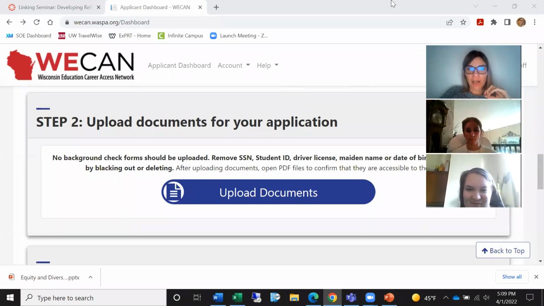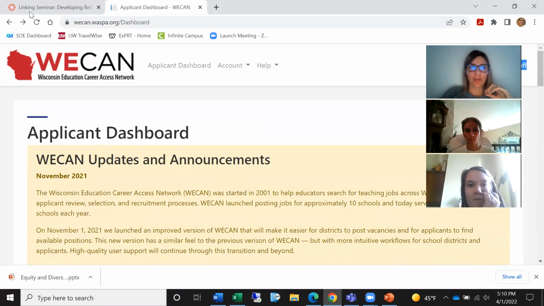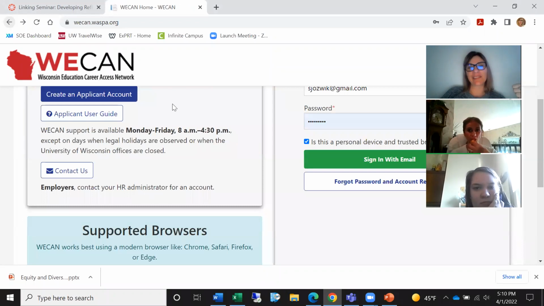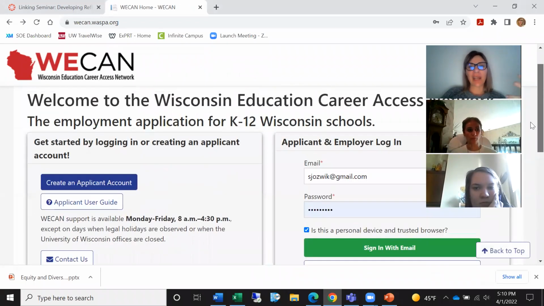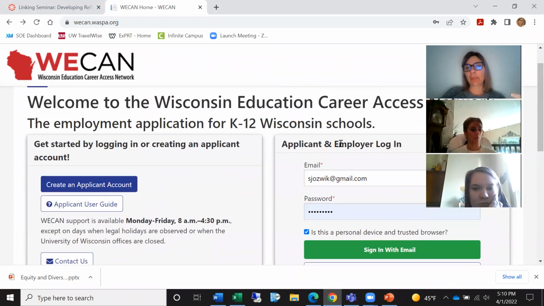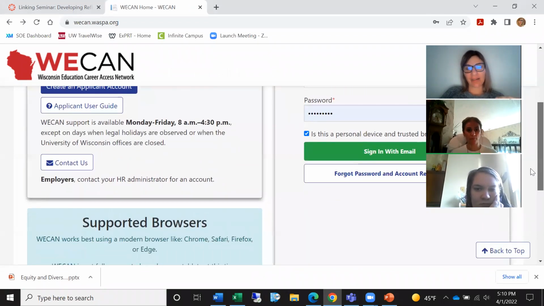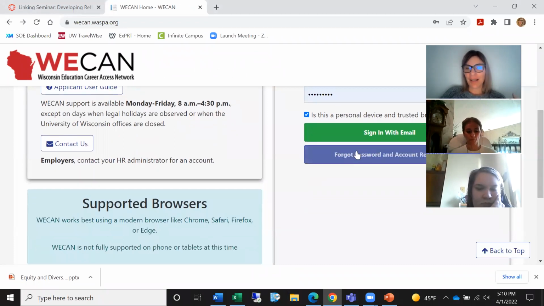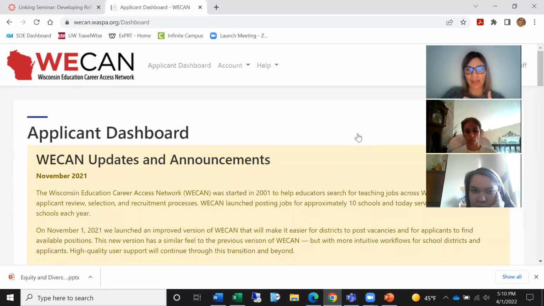Okay, so I'm recording now, and what I'm recording is the search in WECAN. I'll go back even one step further. I created an applicant account just to be able to look at what the position vacancies are in Wisconsin. So I used my Gmail and then I made a password. I didn't really set up anything further in my profile, but when I sign in with that at the applicant